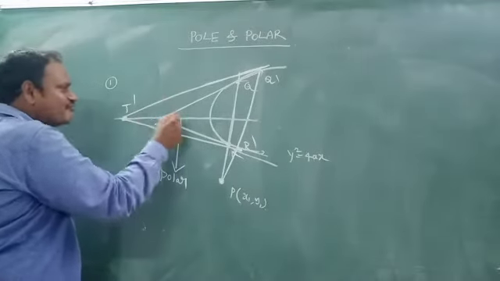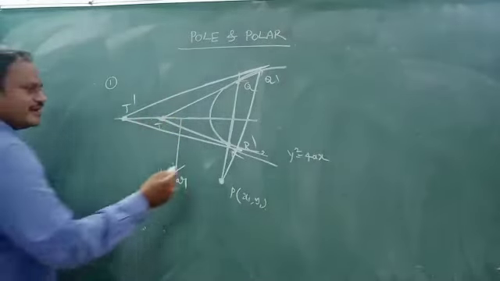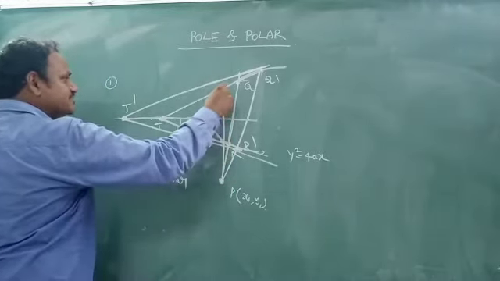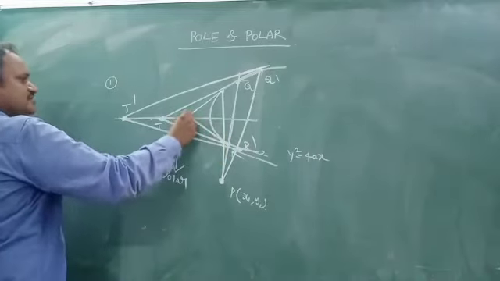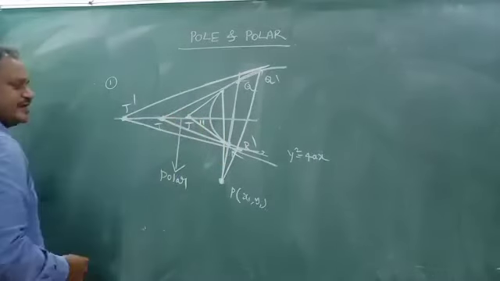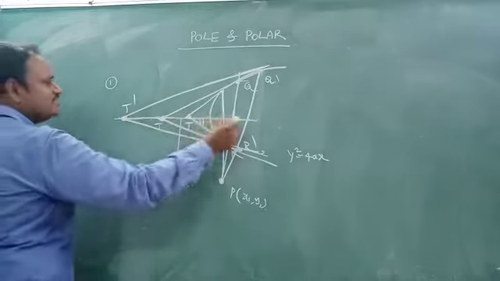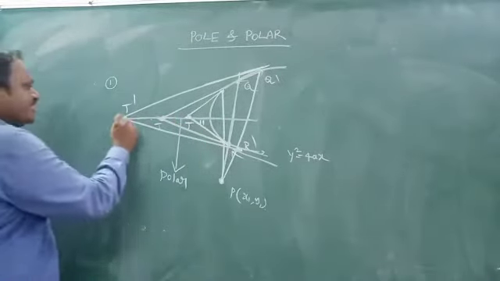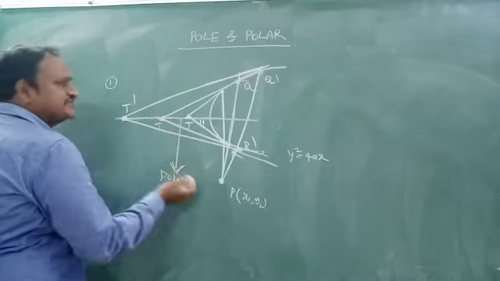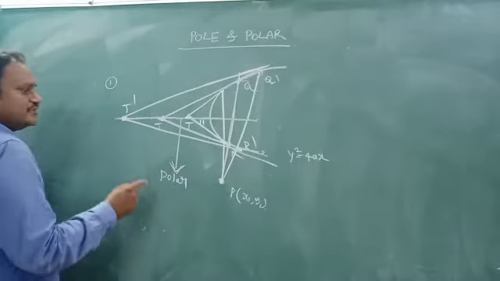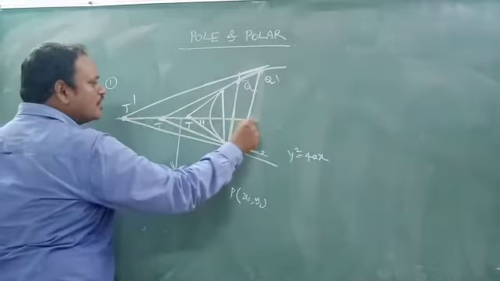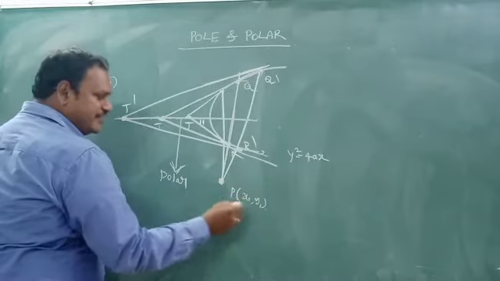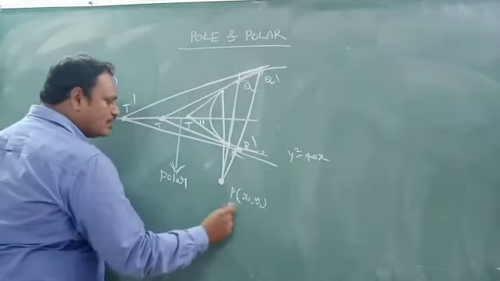This is a collection of many points. You know that. Even now, from the outside point, I can draw like this. So it will connect 2 points. At these 2 points, if you draw tangents, this is what we have got. T double dash, you can call. Now, the locus of all such points, if you join, you are going to get a straight line. That line you call a polar. Therefore, we said that this line is called the polar of the parabola with respect to the point P. Here this point P is called the pole.